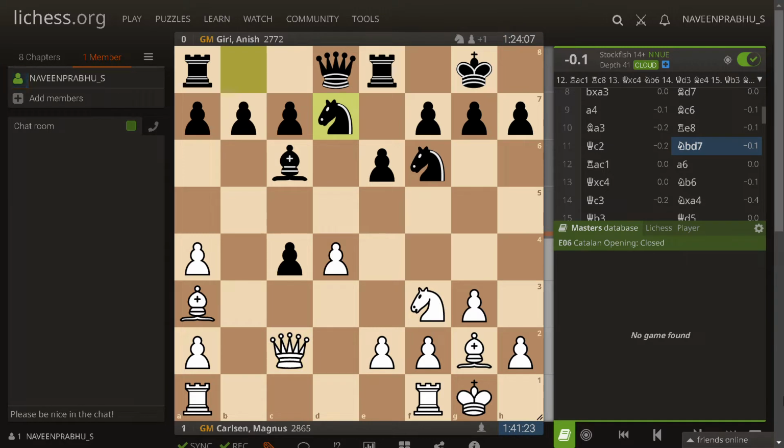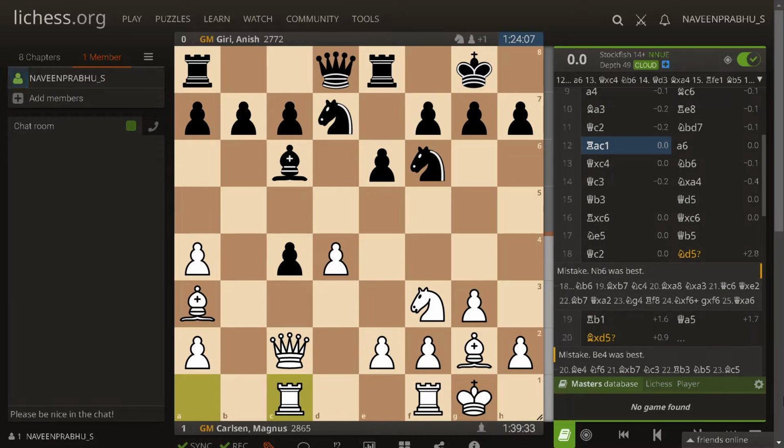and now Anish gives up the pawn by playing the move knight to d7. He has a plan. If the queen captures the pawn, then he can just put his knight on b6, but Magnus didn't capture the pawn soon. He just added another attacker to the pawn by playing the move rook to c1,